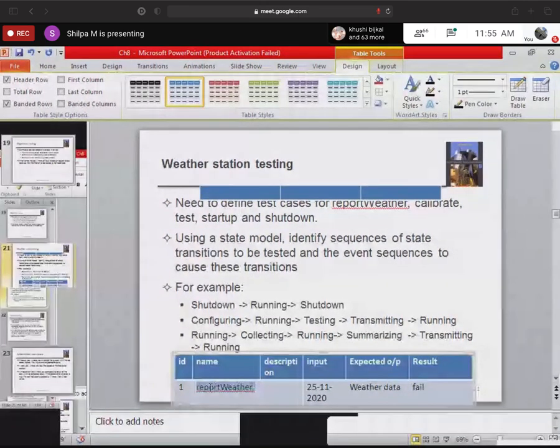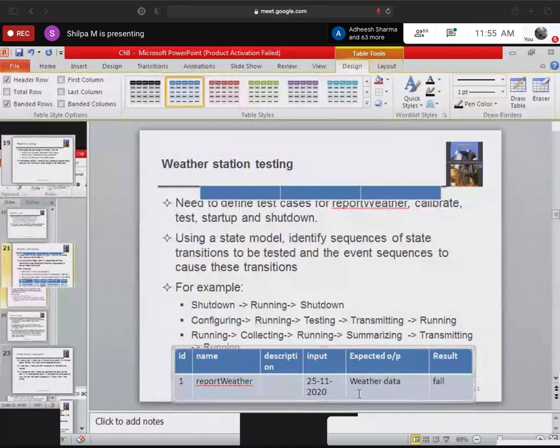Now, let's say I have developed this module report weather. For me, it will show that whatever module I have developed is not working properly. It has failed. Did you understand? Then it is my job to go and fix the error so that when the date is given like this, your output will come. So the cycle is: I will accept this result, go and fix my error, and then I will say I have released the new version of this function.